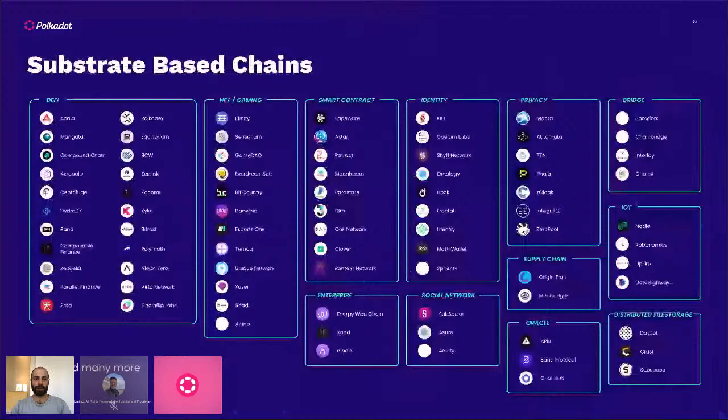Lots of Substrate-based chains, and if you don't know what Substrate is, we'll talk about it. There is a workshop on it tomorrow that's going to go in depth, but I'll do a small high-level overview of it. A lot of DeFi, NFTs, gaming, smart contract development, identity, privacy, bridges, IoT. All of these parachains are their own full-fledged networks that are running by connecting to either Polkadot or Kusama.